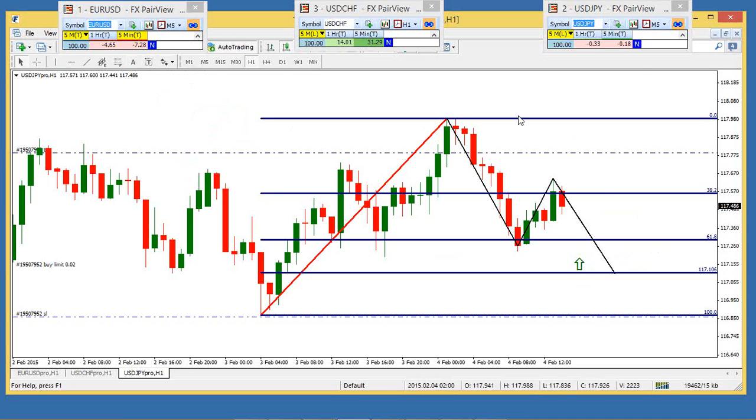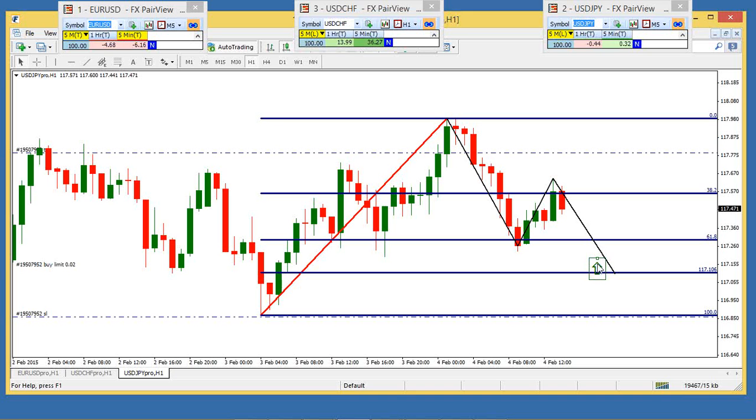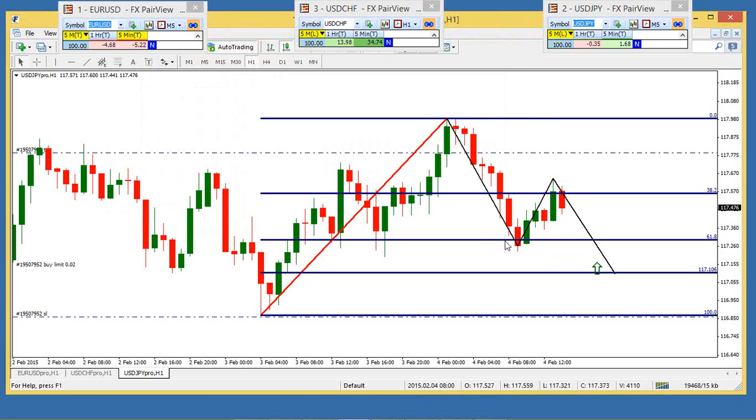So what I'm looking to do here, and we can use the pair view as a confirmation on this, is if the yen comes down to this 78.6 level, I am looking to be a buyer in this range. If it comes down here, I think that would give us a nice little entry for a high risk-reward scenario. The other reason why we like retracement, folks, is the opportunity to get in on trades where if we do buy here, this will be our buy entry,